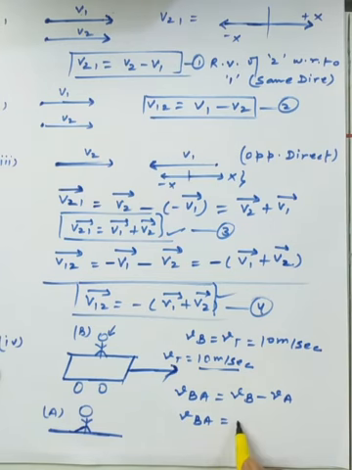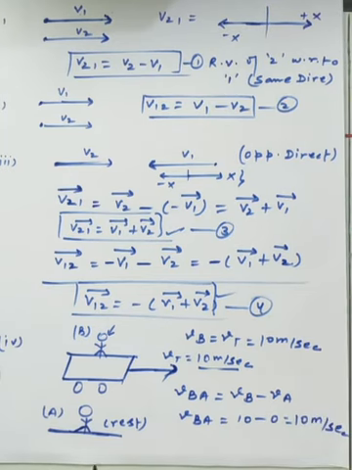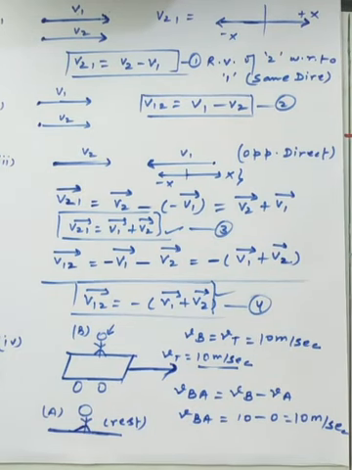So we are just assuming that A is in the rest condition, the observer at rest. So 10 minus 0, the basic relative velocity of B with respect to A, is called 10 meter per second. So it's a general abbreviation we have. Okay, so easily we can discuss these kinds of problems, and you should keep these solutions inside your mind whenever you are dealing with relative velocity in one dimension.